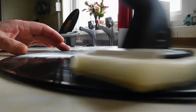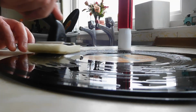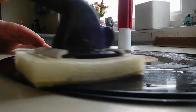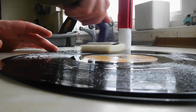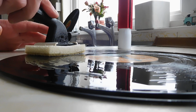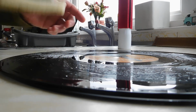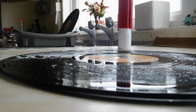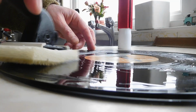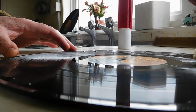Most recommendations, for example, record cleaning machines usually do 3 full circuits round one way. I think at least 3 full circuits round, and then 3 full circuits round the other way, just to make sure that all that liquid gets into the grooves and any particles of dust are lifted out of the grooves. You can either vacuum that side first and dry it off and then do the other side, but I've found it's much easier to flip it while it's wet and just start to clean the other side